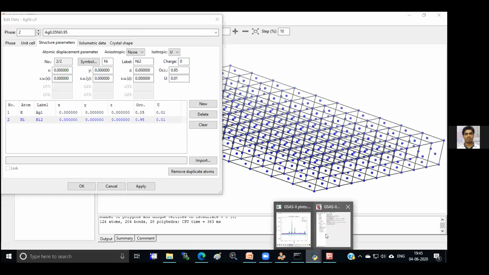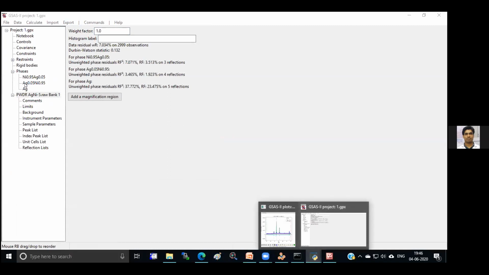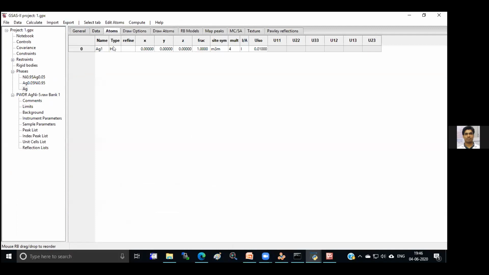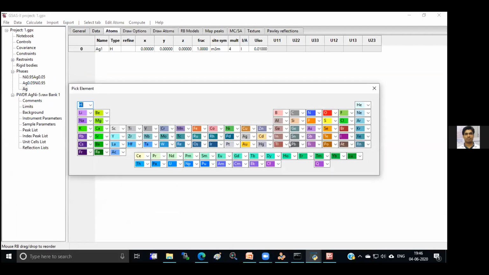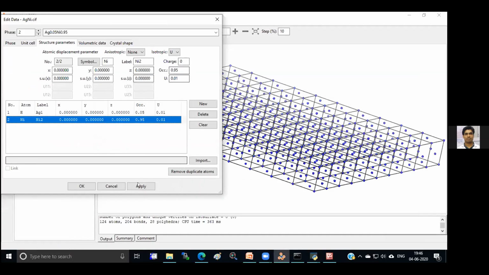Okay, so in Rietveld refinement, where you have to put it, last time I told you to go to the phase section, then in atoms, when you are incorporating the atom, you have the different oxidation states of the element. So I have chosen silver 0, that's why it is showing silver 0 charge here in VESTA. Actually, these informations are contained in that CIF file only, so those are useful during computational calculation or other types of calculation.